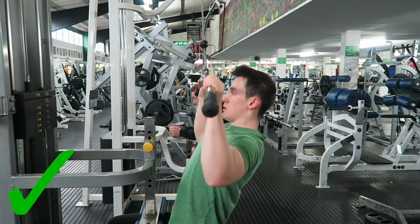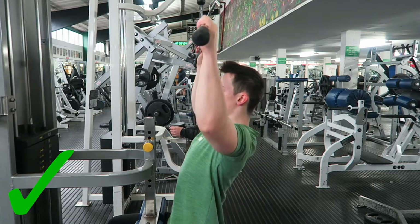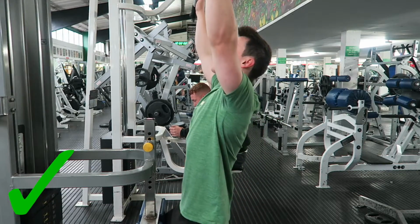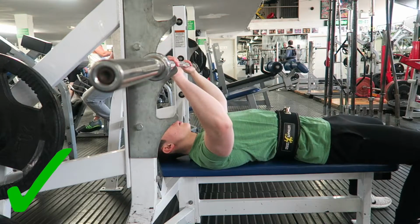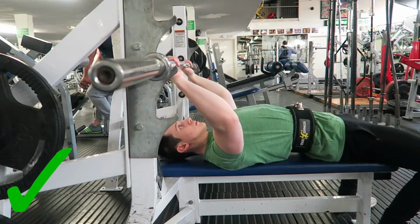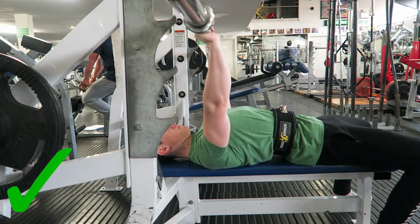Now here's the second exercise that I said I was going to discuss, and this is the bench press. Now with any chest exercise, like I said, you need to retract and depress your scapula in order to do those exercises properly, really, and with proper form. So if you notice there, with a flat bench anyway, I usually pull up from the bar so I'm off of the bench. I then retract and depress my scapula, and then I'll lay onto the bench,